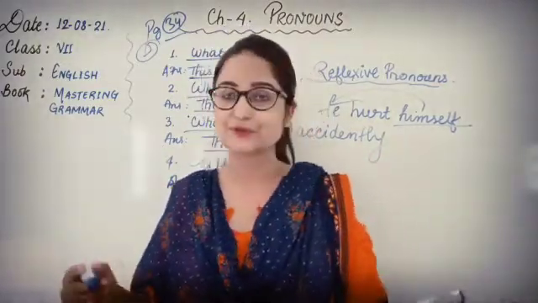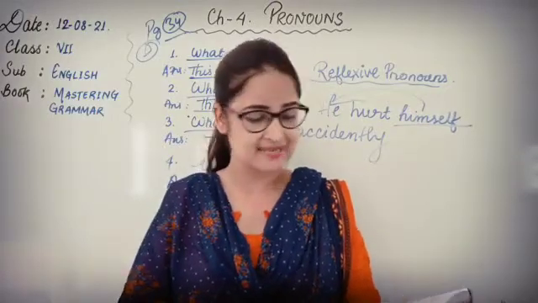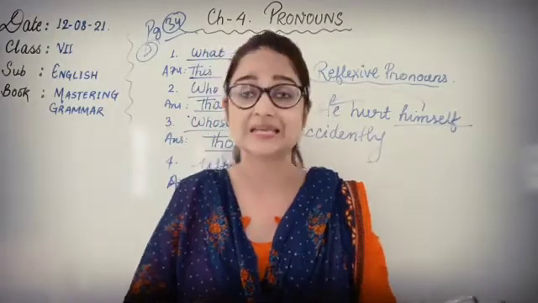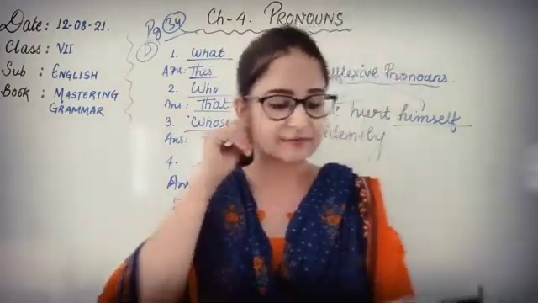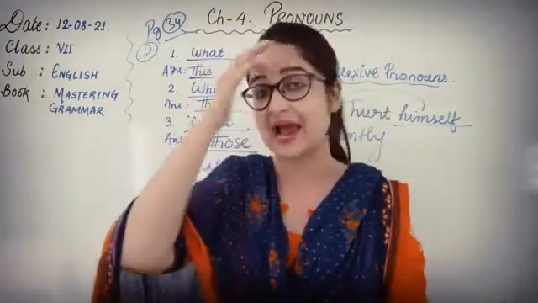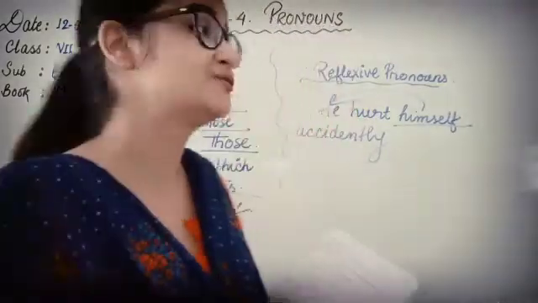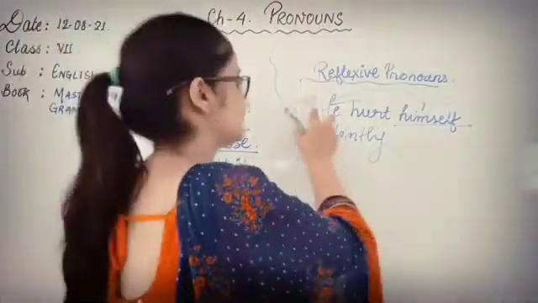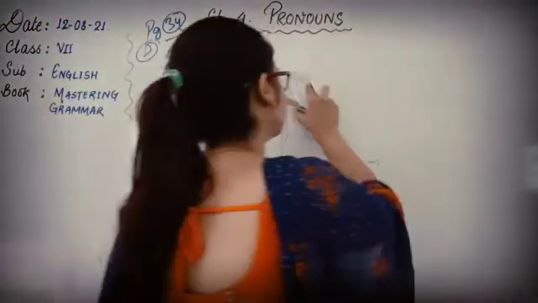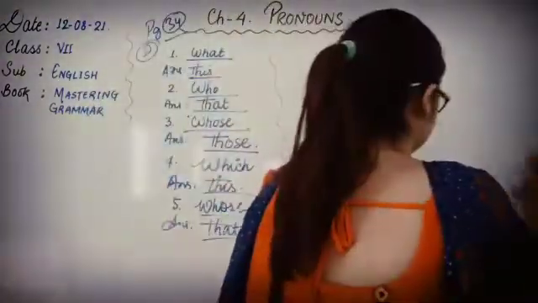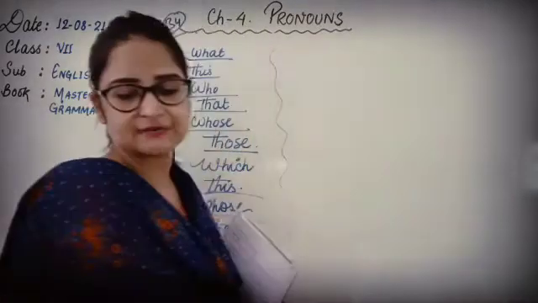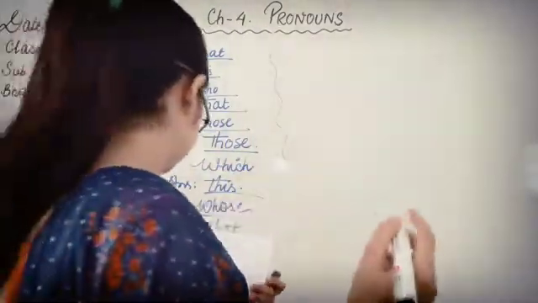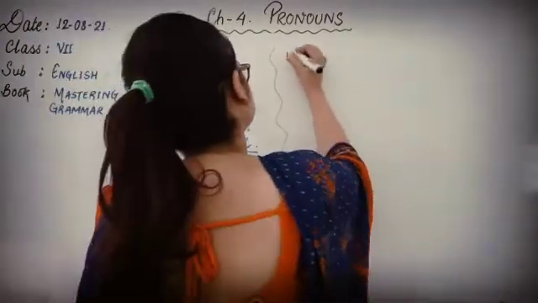Now let's move to the exercise that follows, exercise E. Okay, we are going to circle the reflexive and emphatic pronouns and identify them. Now you will have to identify because the words are same, so you will have to understand yourself whether the word like himself, herself, itself is reflexive or emphatic. Number 1, E number 1.